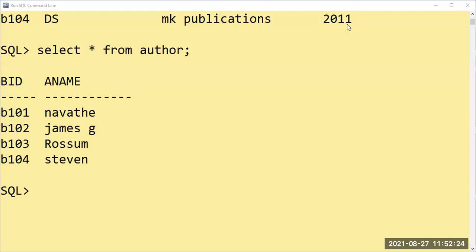So here for the author table, we have BID and author name. BID, which is a book ID, is going to be the foreign key referring to the book table. Okay. And we have said on delete cascade. Here it comes to the point: when we say on delete cascade, if I delete anything from the book table with the help of book ID, automatically it will get deleted from the author table also.